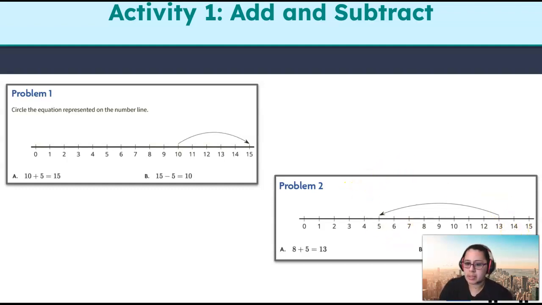So let's double check to make sure it's true. We have 13. Do we start at 13? Is this where we start, or is the arrow where we start? This way. That's right. And then we're going to subtract 5. So let's subtract 5 and see if we end up at 8. So if we're subtracting, we're going